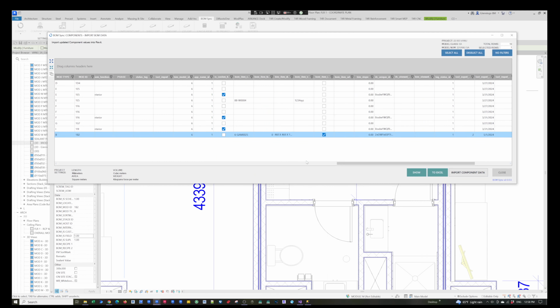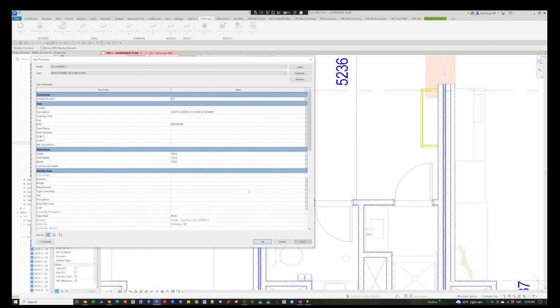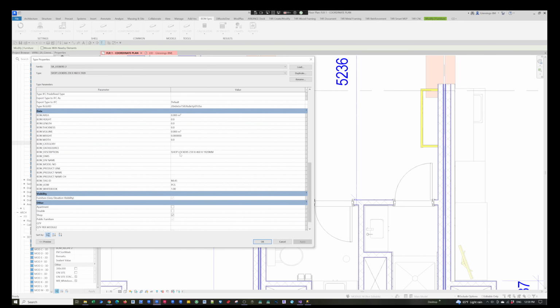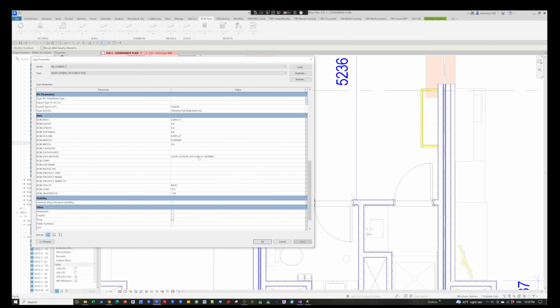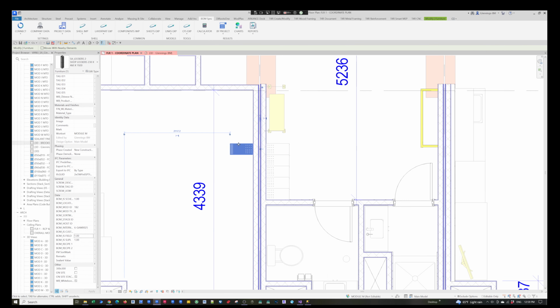It's been imported, and like that, now our information has appeared. I can close that. And if I go back in here and edit this as well, it's also embedded the information into the product type as well. So we have all information captured, loaded both into the family instance and family type data, and ready to be